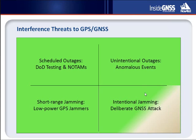I contend that the first three categories should be addressed nearly completely by anti-jam technology in general and by adaptive antenna arrays in particular, so long as the RFI source is not unreasonably close by. Of course, for the ultimate in reliability, some sort of ride-through or fallback capability may be advisable. For example, for aviation, there's the FAA's alternate PNT program. Thus, these first categories would represent little more than a nuisance to a properly hardened GPS receiver, leaving us with